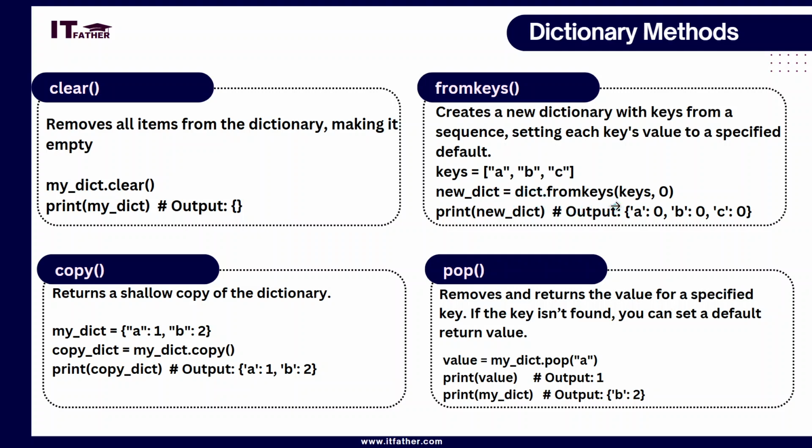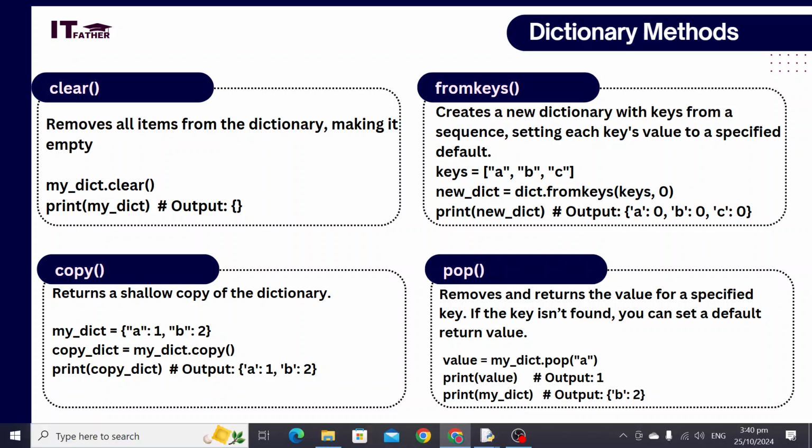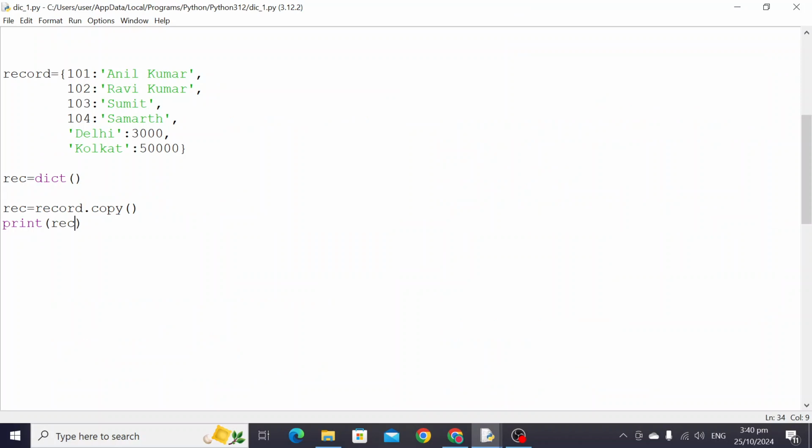So fromkeys is part of dict. Dict is a keyword, so dict dot fromkeys, and now this function will take the keys which are already defined as a list and 0 as a default value. Then when we print this new dictionary, you will get the 0 default value for all the keys. So for example, let us do this; I am putting all this in comments so that we can work with the new